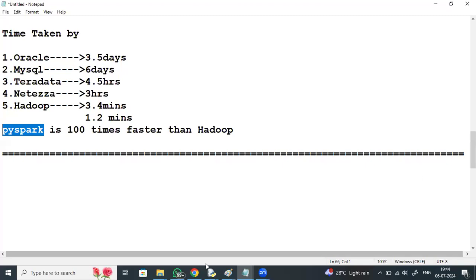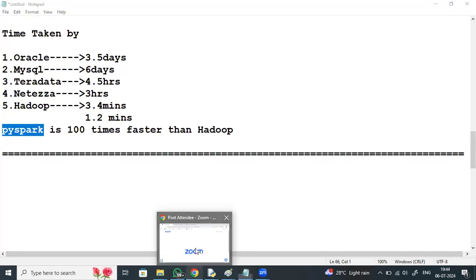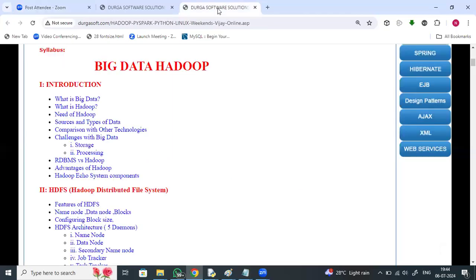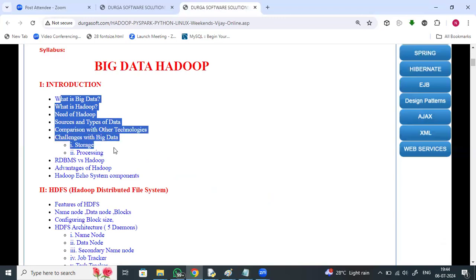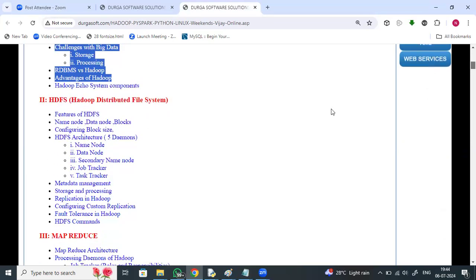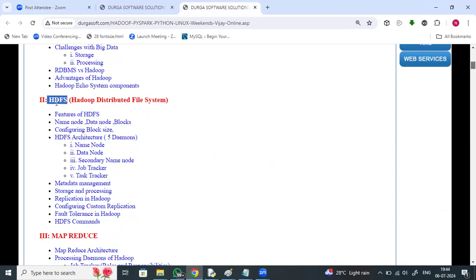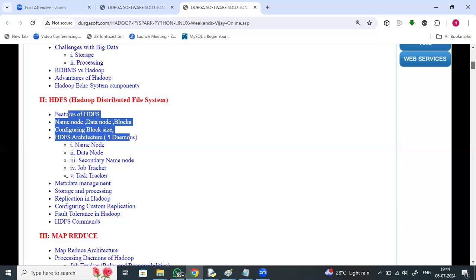Yes. So as part of this course, what I'm going to discuss, right? Just check this course content. First, starting with Hadoop: why Hadoop, the need for Hadoop, sources of this, advantages of Hadoop, right? And there is a file system. There are some drawbacks with the databases. Despite the drawbacks, it still doesn't go with any databases. It's going with a special kind of file system, the Hadoop Distributed File System. What is that? Name node, data node, secondary name node, metadata management, replication, fault tolerance, HDFS commands, right?